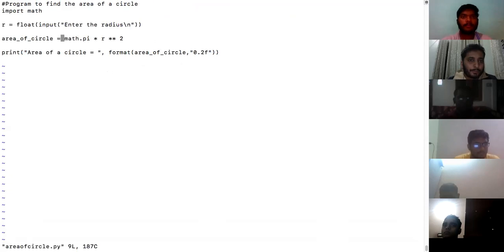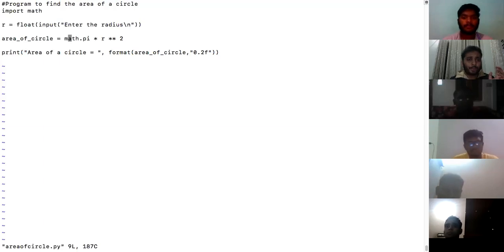If I've used anything new, it would be math.pi. So pi is basically a constant. I'll tell you how to design modules and functions later, so don't worry about how to create your own modules. For now, understand math is a module, and in math there is a constant called pi, which will give us 3.14 and all that. So you need not say 3.14; it will give you math.pi. If you want to use math, you will have to import this module using the import statement. I have also told you this, right?